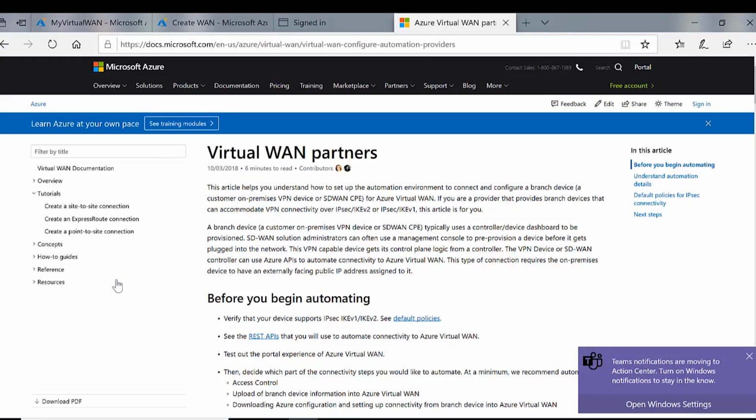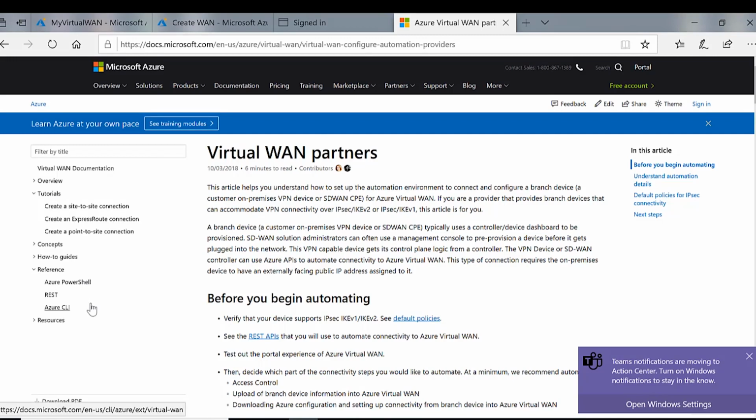Absolutely. All of the APIs that they are calling on the Azure side are all public. It's nothing specific that we are doing for anybody particular. They're all there, and if you have any questions, more than happy to connect with you. Also, we have tutorials, if you wanted to set up a site-to-site, if you wanted to do an ExpressRoute connection, if you wanted to do point-to-site. So we have everything out here for you. And some quick references, and if you wanted to do PowerShell CLI, we do support them.